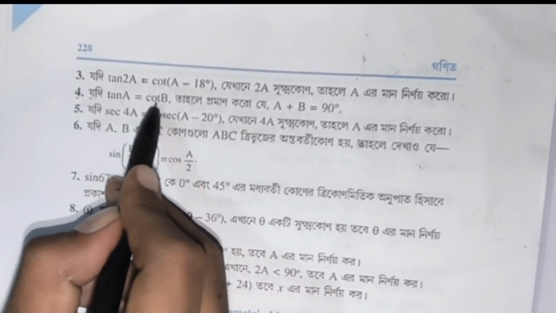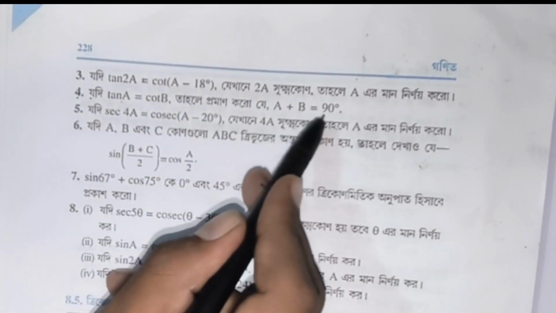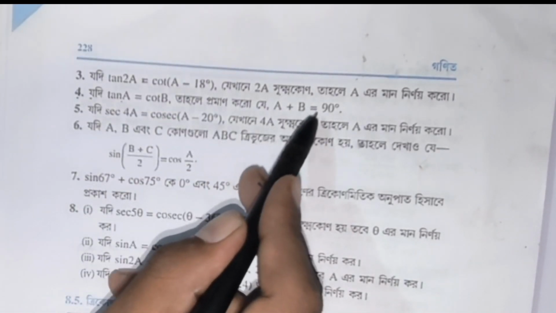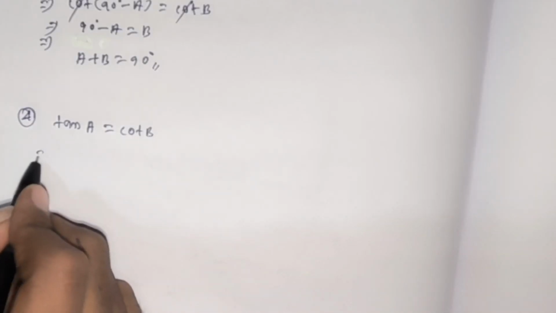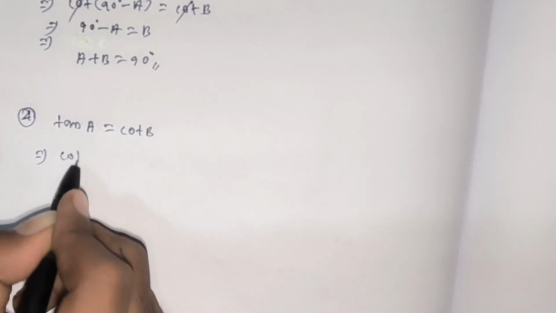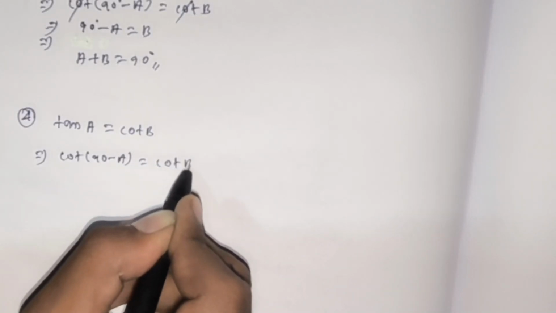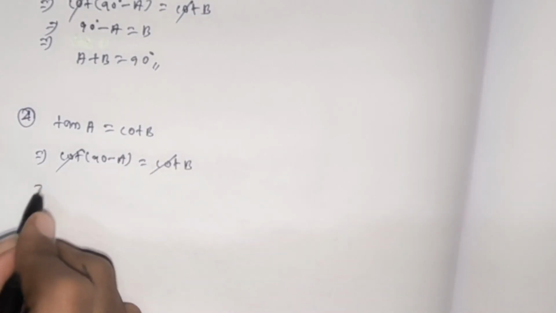So question number 4 is, যদি tan a = cot b, তাহলে প্রমাণ করো যে a plus b = 90 ডিগ্রি। So আমরা a plus b = 90 ডিগ্রি প্রমাণ করছি। tan a = cot b, আমরা tan a লিখতে পারি cot(90 - a) is equal to cot b। So cot getting cancel, আমরা কাছে রইল 90 - a is equal to b।